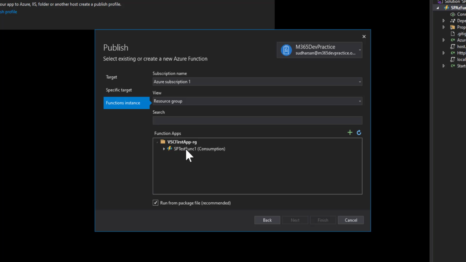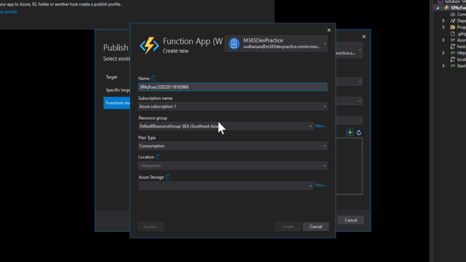Here I have already created the function app. If you have created the function app using the Azure portal, then it will be listed down here. Else you can also click plus to create a new function app. It will be provided with a default name with some random numbers.